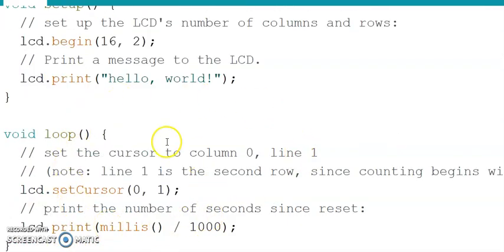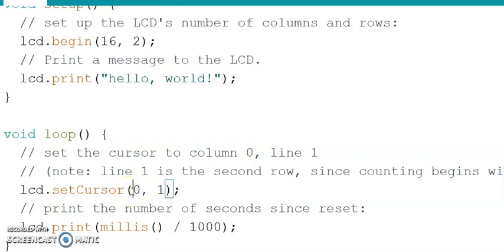And in the loop part, here we need to set up the position at which you want to display the message. For that, setCursor is the command. So with the help of these commands, it's very easy to configure LCD with Arduino. So setCursor, as the name implies, is going to set our cursor. 0, 1 means it is going to set the cursor with the line depending upon the position which you are going to provide. If you want another position, then you can change that.